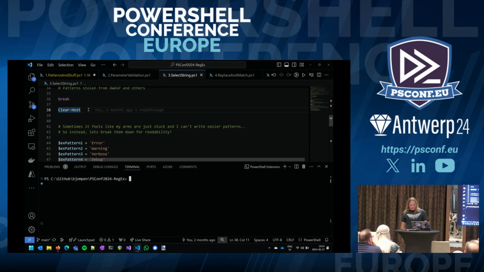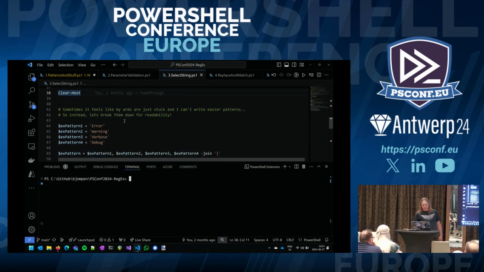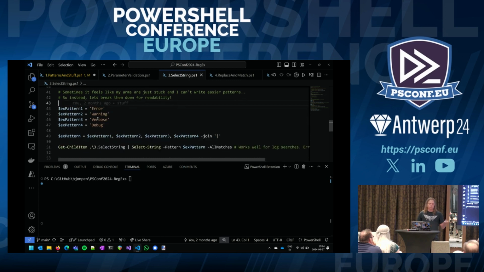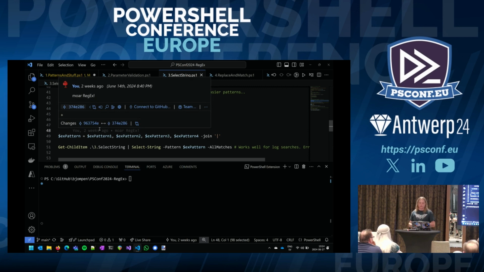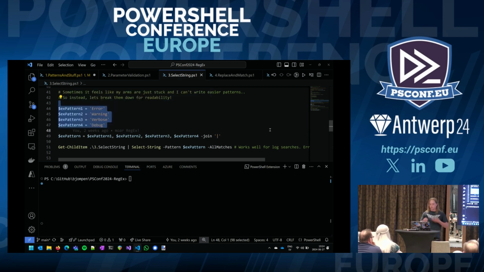Now, like I said, I use this often for log searching, and when I do this with colleagues, they don't really like Regex the way I do. So instead, we often break it down. Say, hey, give us the patterns, whatever it is you're looking for. Errors or warnings or verbose or debug. Just input them all. And we have the OR character. Just as we have -OR in PowerShell, the pipeline in Regex means OR. And we can just do this instead and say, hey, just combine all of these patterns into one.